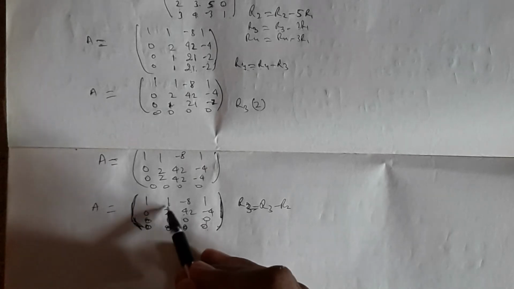If I make this row 0 0, here I have to multiply by 2, this becomes 0, but here -2 comes, and that will contradict the row echelon form. So I can't work further in accordance with the principle of the row echelon form. So I will stop my work here.